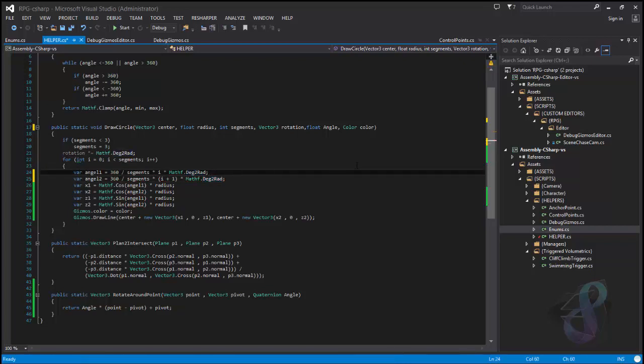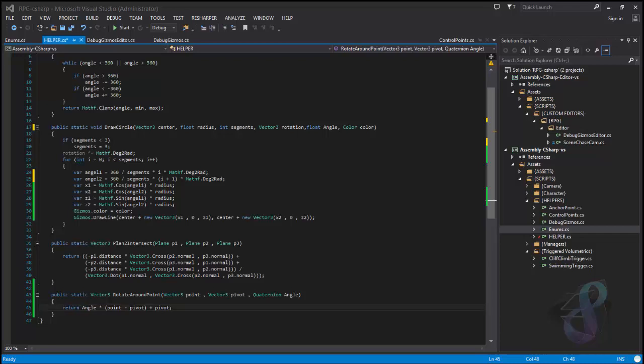And next thing, I want another method. And I had it here. I didn't remove it from R&D. We say RotateAroundPoint. We want to rotate a point around another pivot with the angle we have. So we say return angle multiplied by point minus pivot. This multiplication happens, then we add the pivot again. Okay,